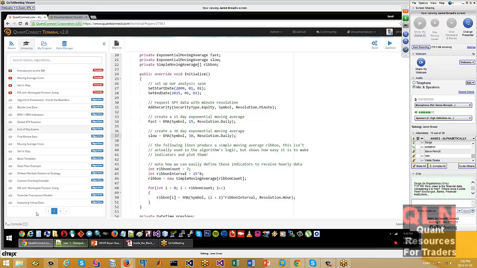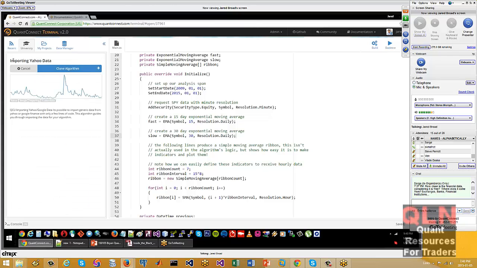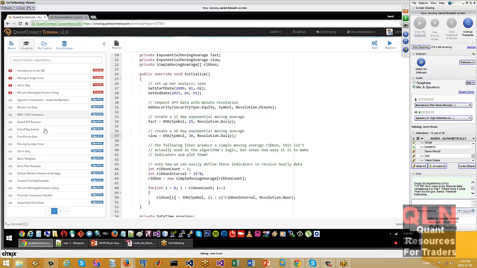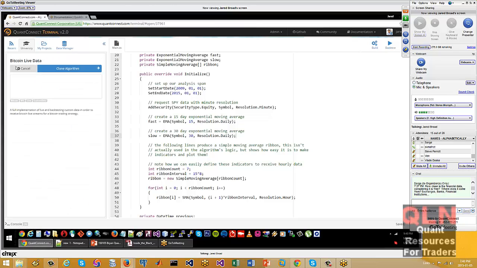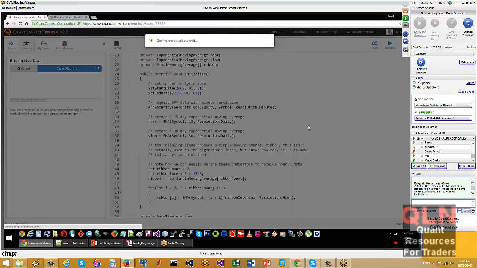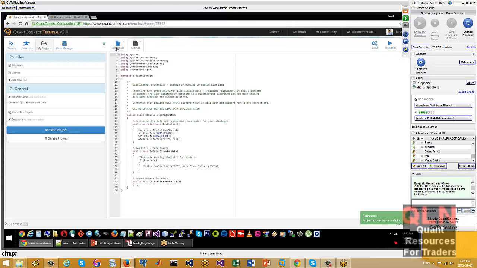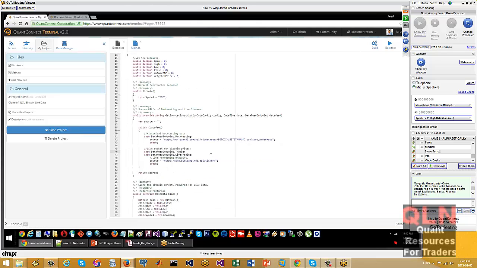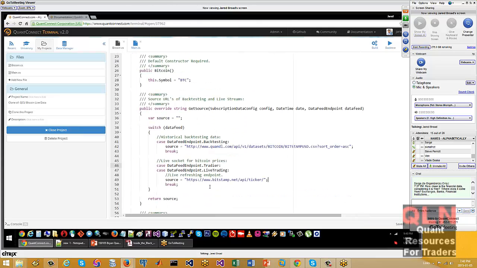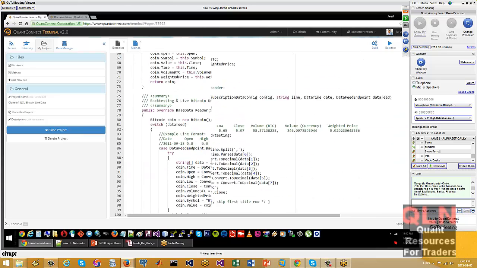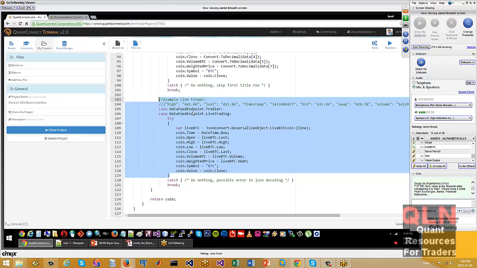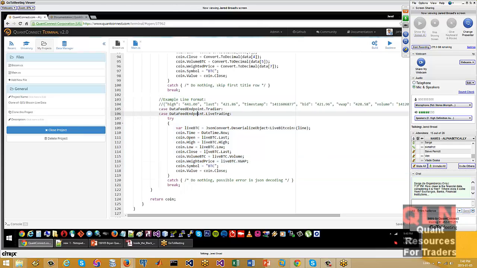And I suppose a nice example of this is importing external data sources. And here I've imported live Bitcoin data, and it really only takes 3 or 4 lines of code to import live Bitcoin data into QuantConnect. When the data feed is coming from live trading, this is the API to pull it from. And then there's a few lines of code down here to convert the JSON into an object, and that's it. And then you're trading with live Bitcoin data through QuantConnect. Nice, with 10 lines of code.